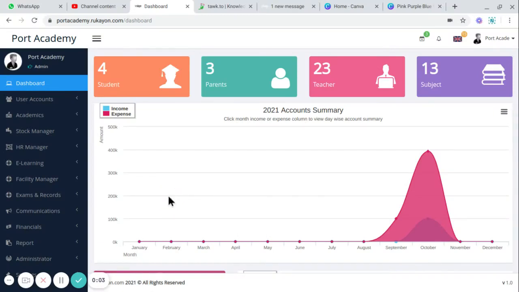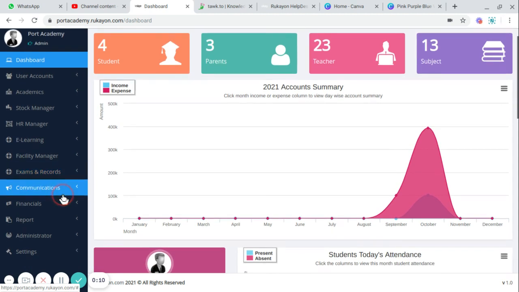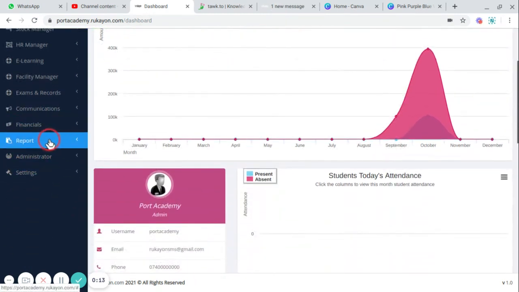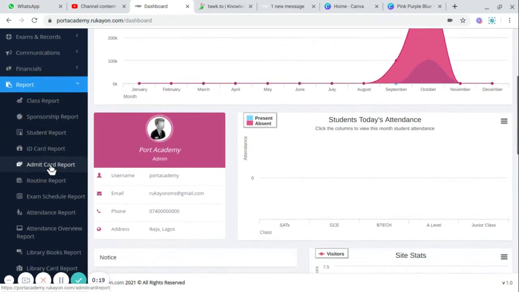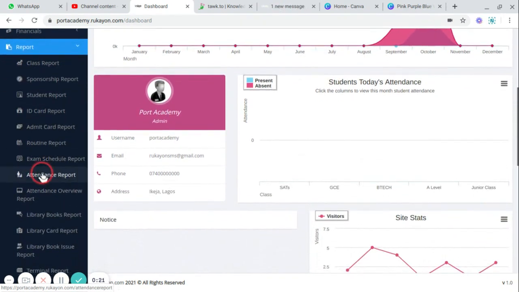Hi, how do you generate an attendance report for your students? Just come straight to the dashboard area over here. You're going to find the report menu over here. Just click on that and then move down a bit. You're going to find the attendance report tab over here. Just click on that,